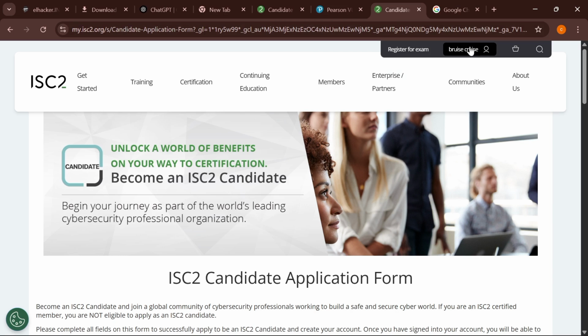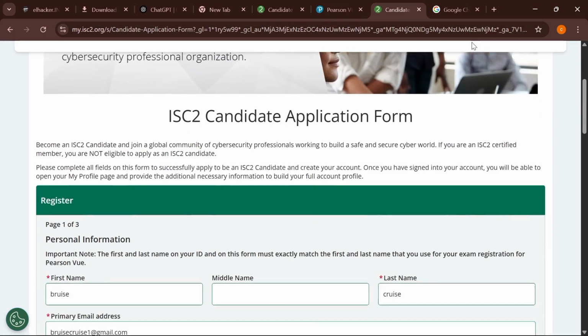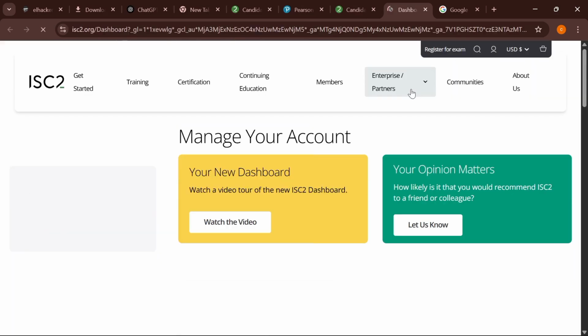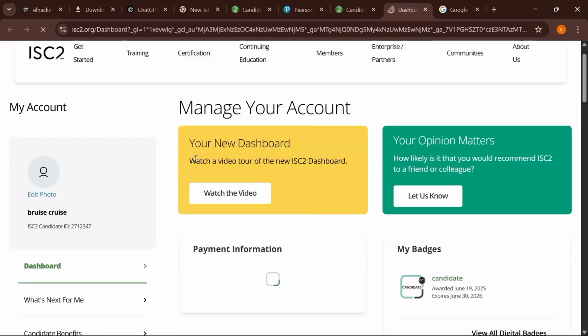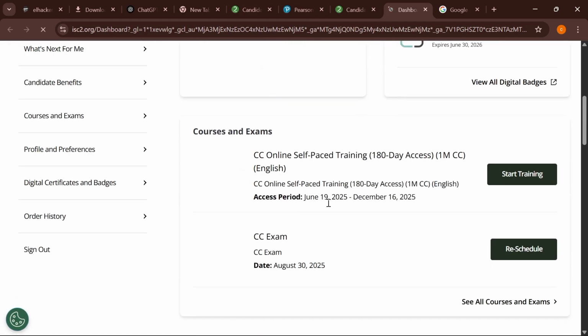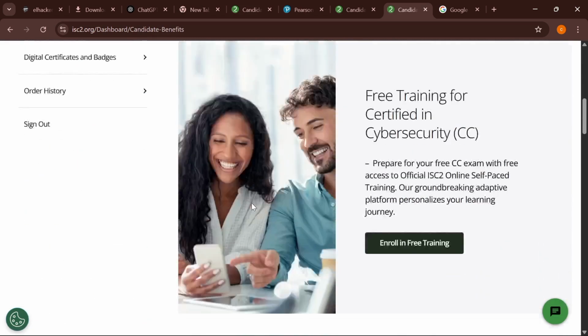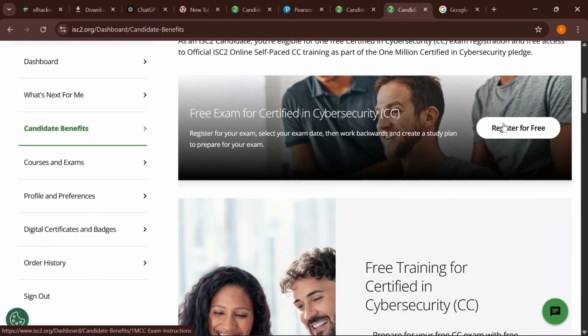But now I think I did, maybe I actually accepted that my password and registration should be saved. So make sure that you have an account here, right? So you have your account here, so you go to your dashboard. Now we are trying to access the free learning material. On your dashboard, first of all, let's go for candidate benefit. Under the candidate benefit, you're going to see register for certified